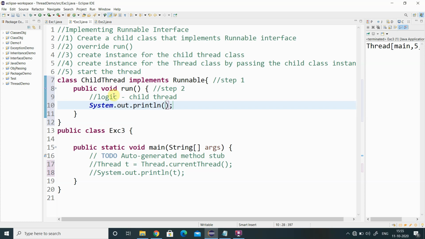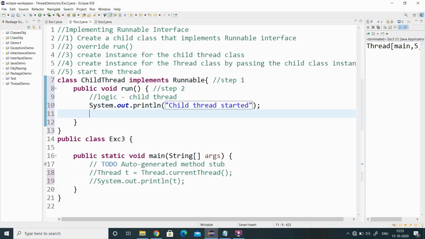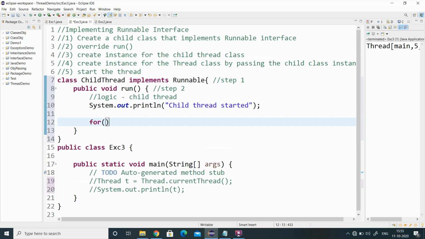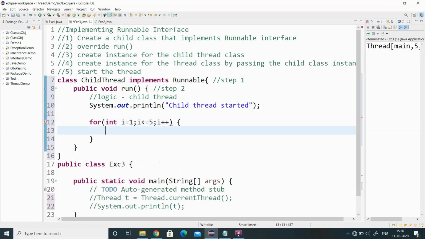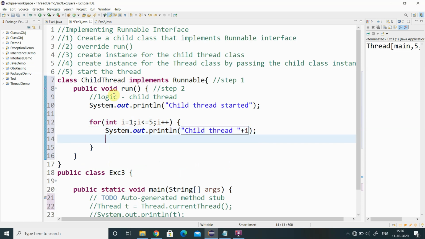So sout "child thread started", and I am writing a for loop: int i = 1; i <= 5; i++, sout child thread, print the i value.